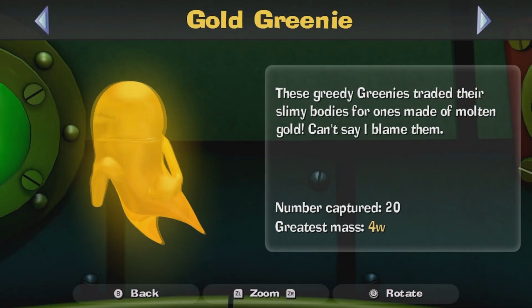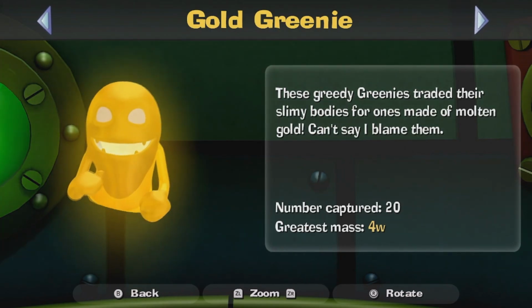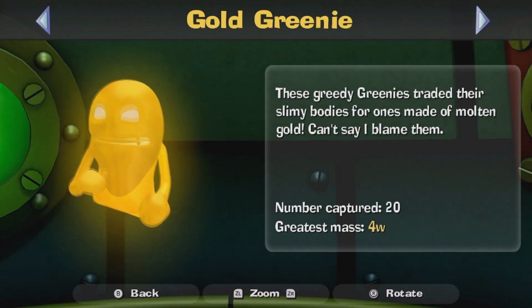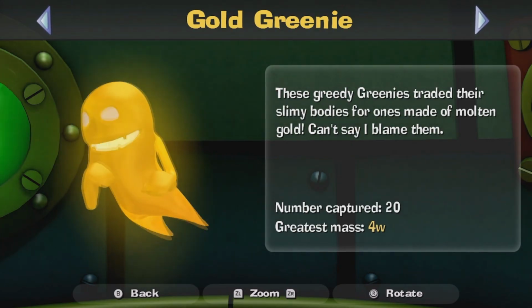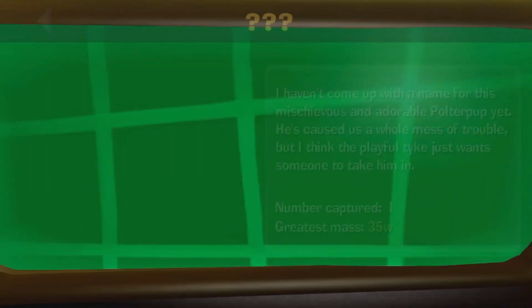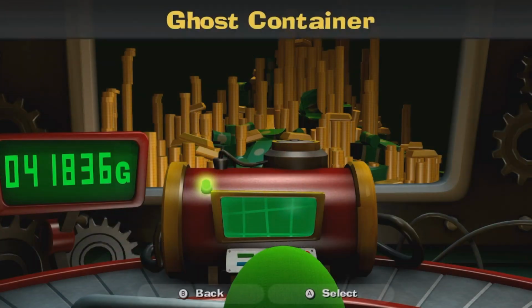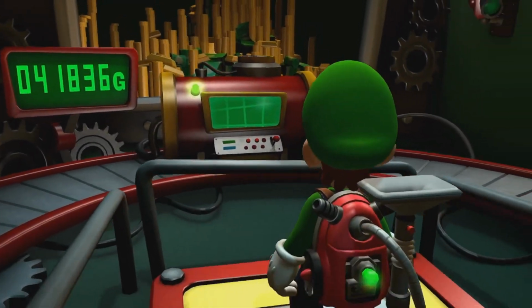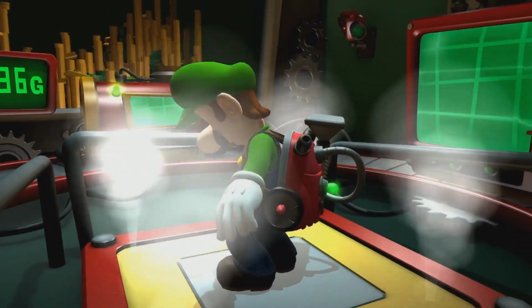double check, because I don't know if that's all of the Gold Greenies, but I may make a random video down the line of, oh hey, these are the remaining Greenies I didn't find in my playthrough, so here you go, I guess. I don't know. Anyway. With that, that's officially everything. All that's left now is the Scarescraper. So next time on Luigi's Mansion 2 HD,